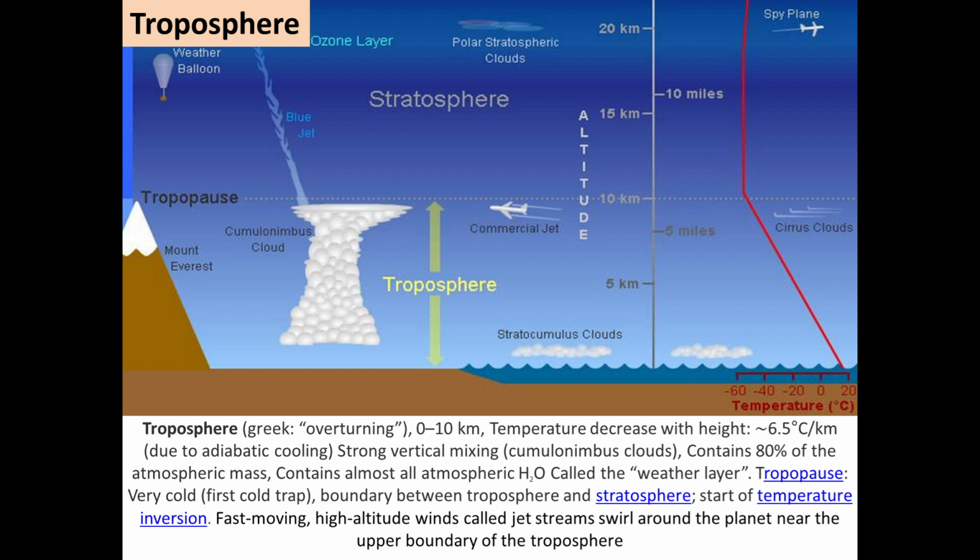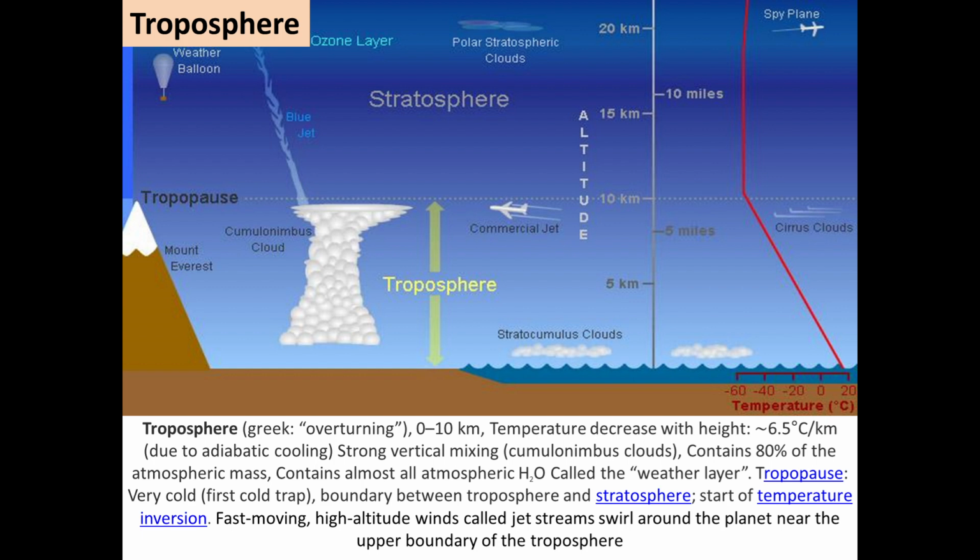Actually, what is the troposphere? Troposphere in Greek means overturning. So it varies from 0 to 10 kilometer height from the earth's surface. Here the temperature decreases with height, approximately 6.5 degrees Celsius per kilometer, due to adiabatic cooling. Strong vertical mixing,